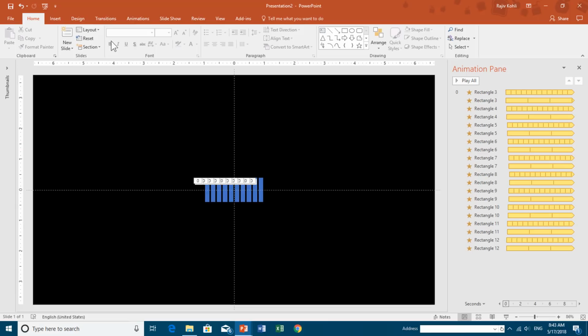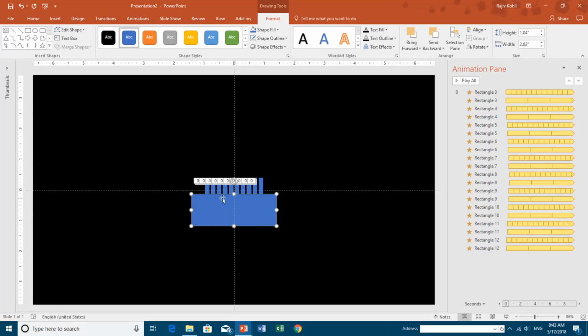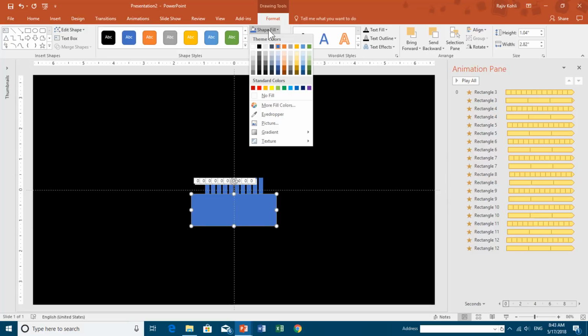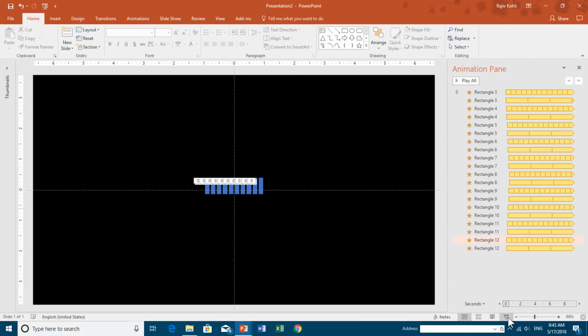Okay, you can do one more thing, and that is you can also insert a rectangle at the bottom of this bar, and that will change the effect. And after drawing the rectangle, remove the outline and apply a fill color matching your background. I am going with the black one, which is also my background color, and that will change the effect. So it is up to you how you would like to show the bars on the screen.